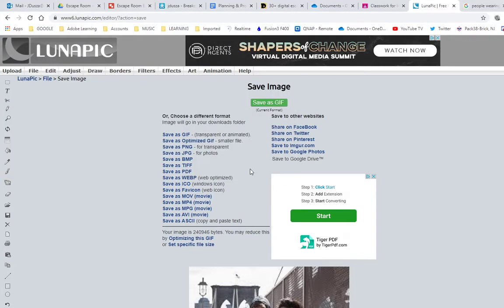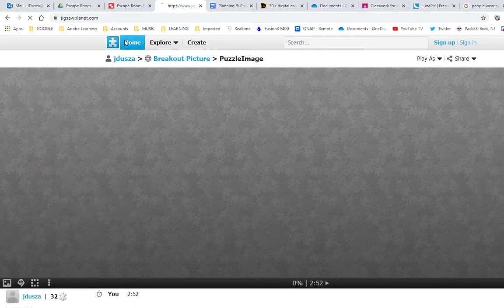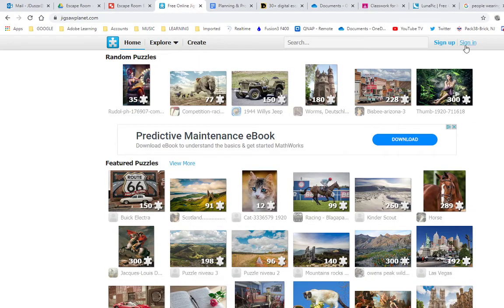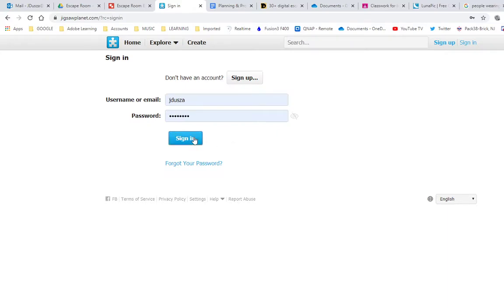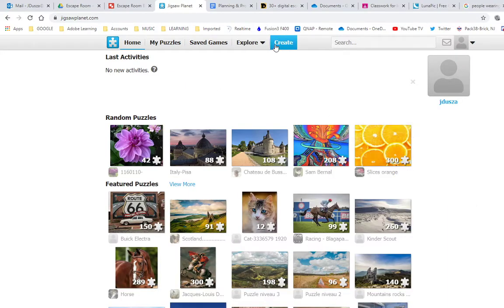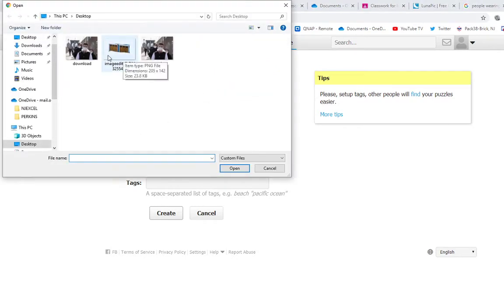So you have that text created over the image, and then in your puzzle creator, I believe you do have to create an account here, but it's free. So if I did sign up, you just have to put an email address. You can use your school email address. I'd probably suggest doing that. And then I'm going to do create, and I am going to choose my file, which